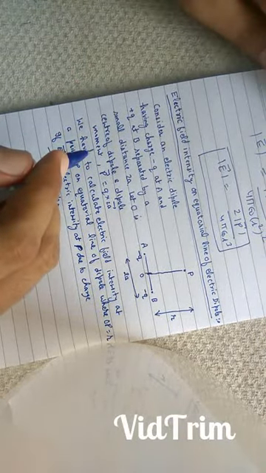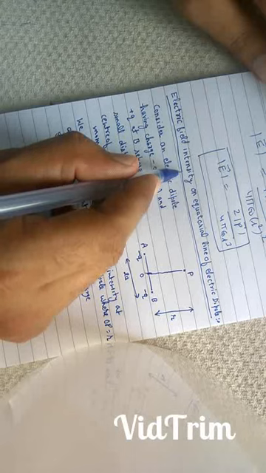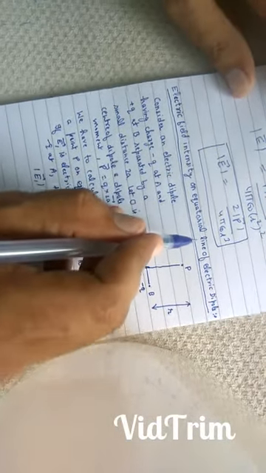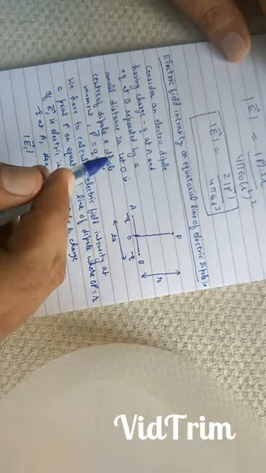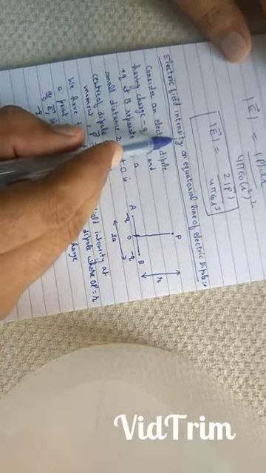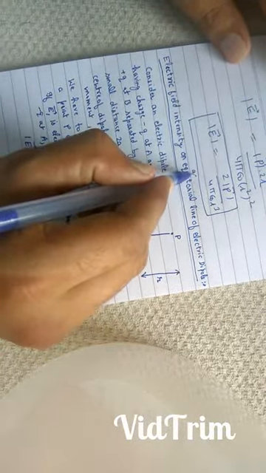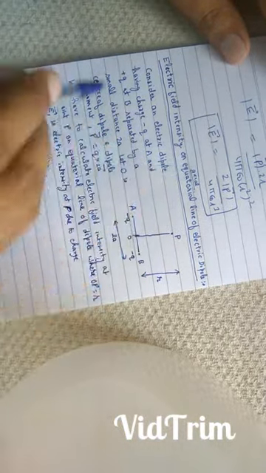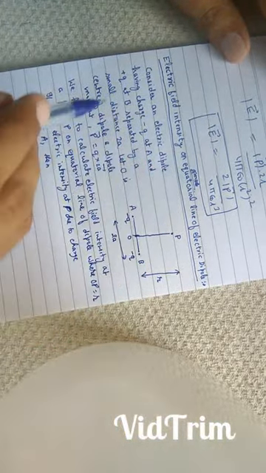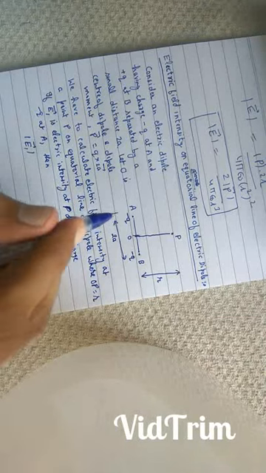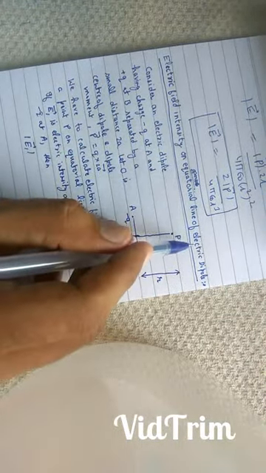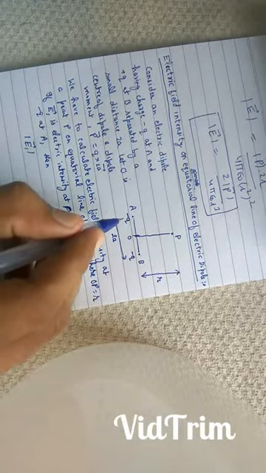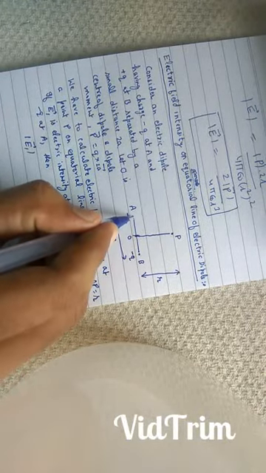Students, our next topic is electric field intensity on equatorial line of electric dipole. In the earlier topic, we studied electric field intensity on axial line of electric dipole. To calculate electric field intensity on equatorial line of electric dipole, let us consider that we have an electric dipole